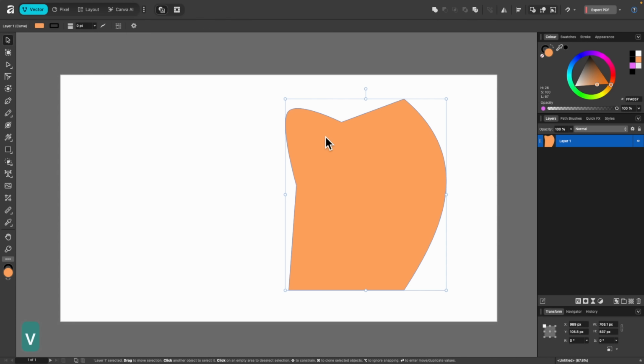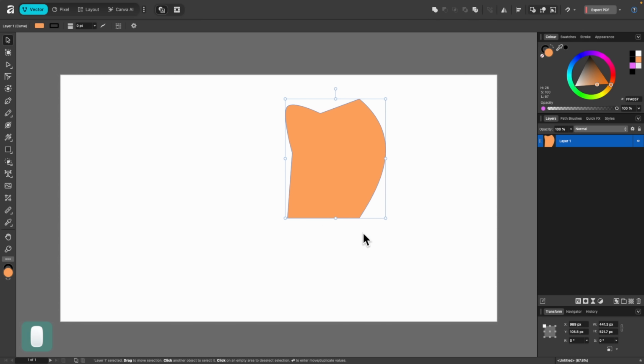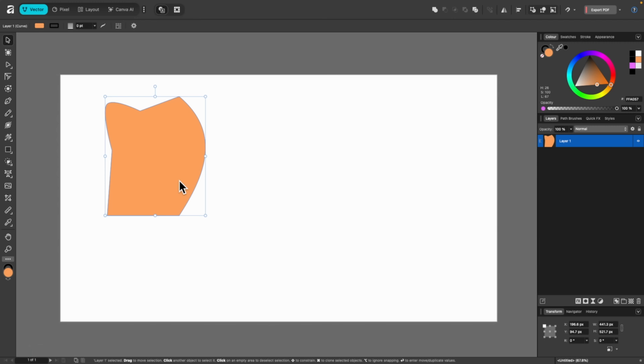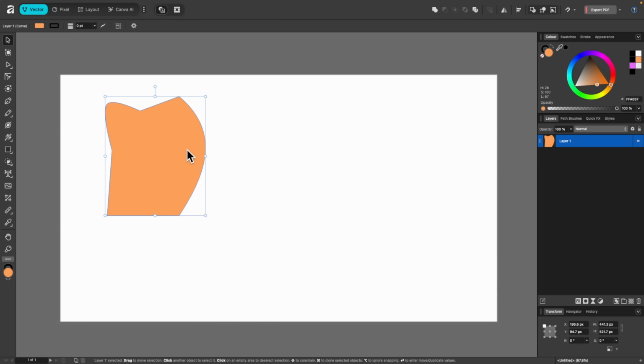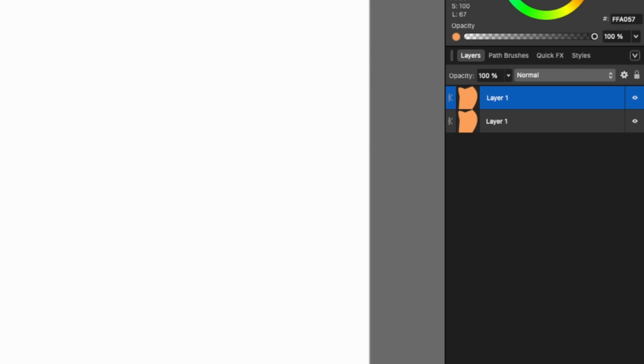So I'll just switch to the move tool again, and I'll just make this smaller. I'll shift and drag the corner in like that. So if I wanted to make a copy of it, I could either do this, Command C, Command V, copy and paste, right? I'll delete that, or I can press Command J. This is power duplicate. So I can press Command J, and that's made a duplicate in the layers panel, and